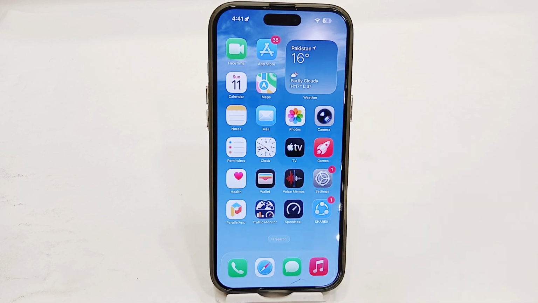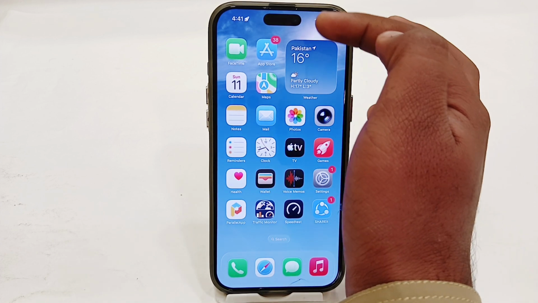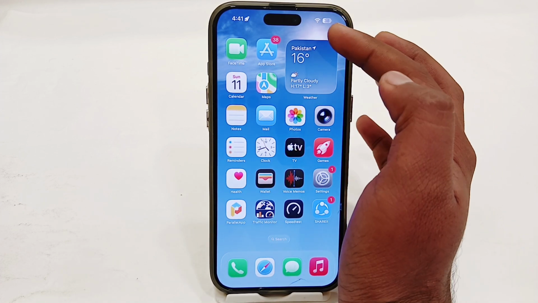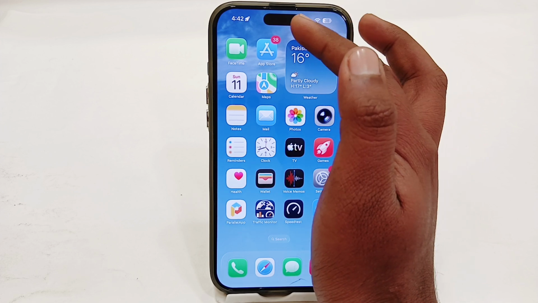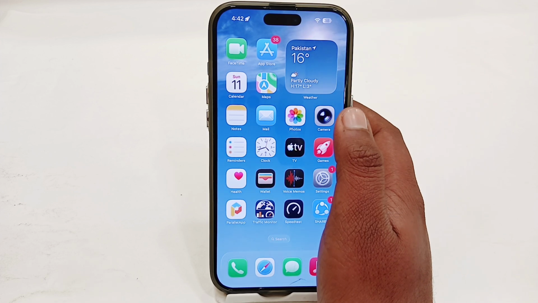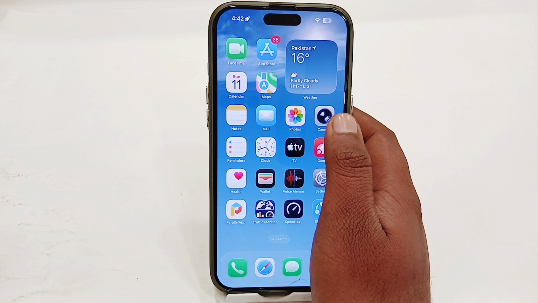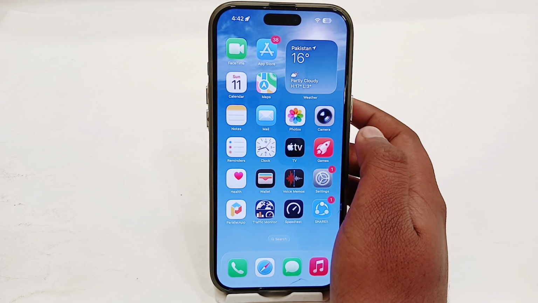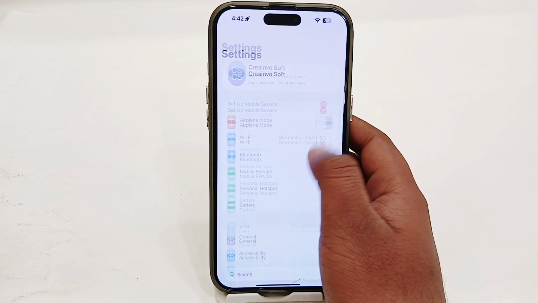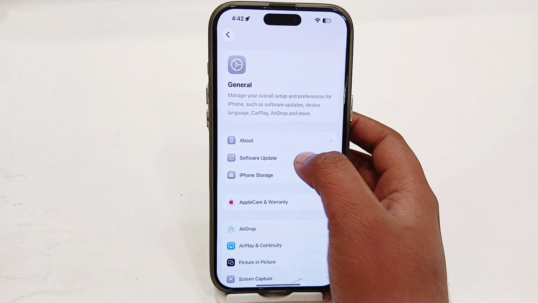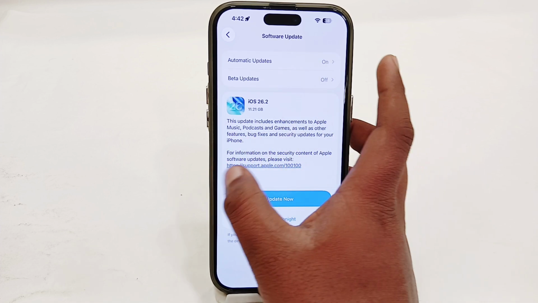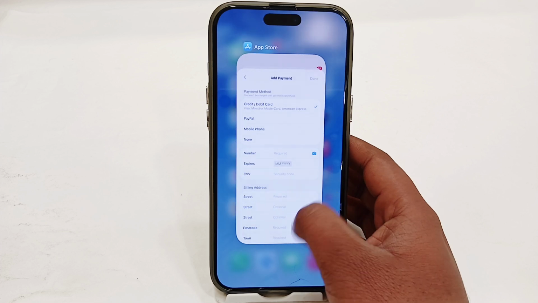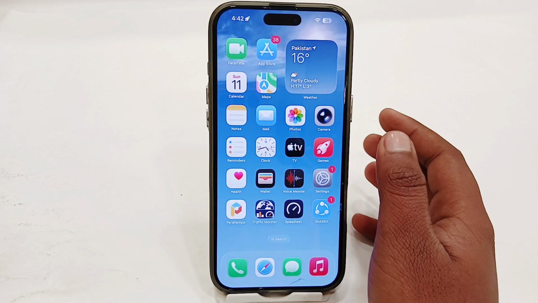So the very first thing, you just have to check your in-depth camera. You have to make sure that there's no dirt or dust on your front camera. If you find any, just try to clean your camera. After cleaning your camera, just go to your settings here, go to general, go to software update, and try to update your software. After updating the software, simply go back and try to make a forced restart with your iPhone